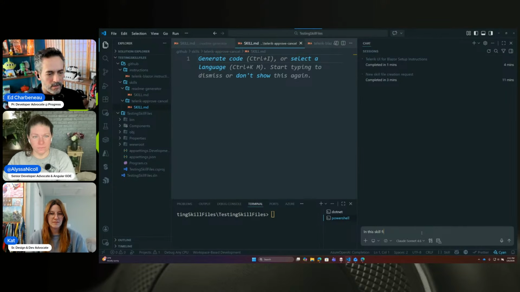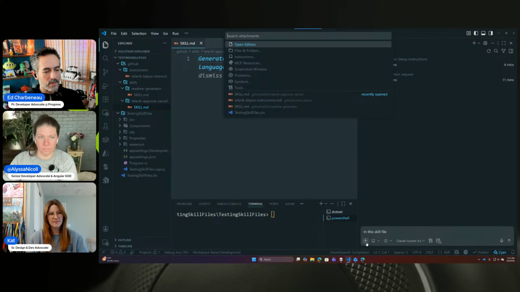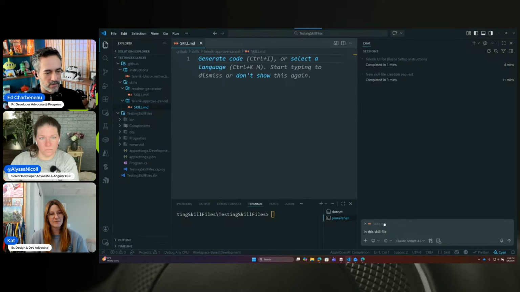Is it in context? It should be because it's open, but I don't see it showing up. I have to manually add it? That's odd. There we go. Now it's in context. The little pill UI up here, if it doesn't show the file, it doesn't have it in its context. It'll have to go search for it, and I want it to be specific to this file, so I don't have to spell out the name of all of this stuff. In this skill file, create a skill that